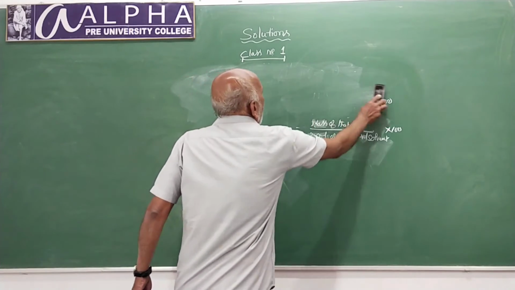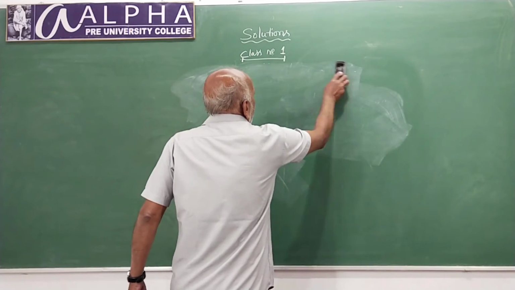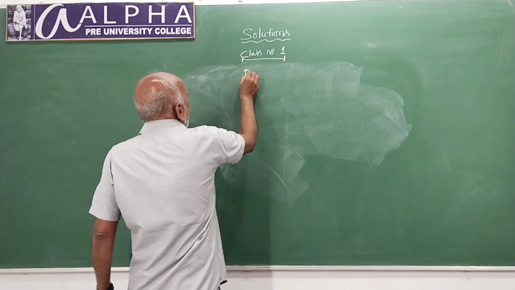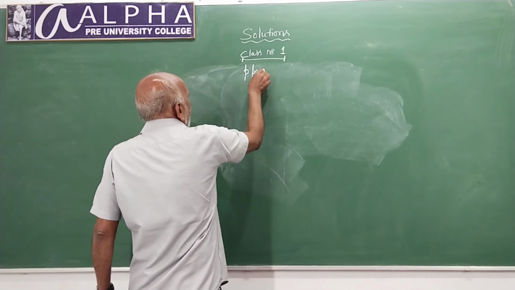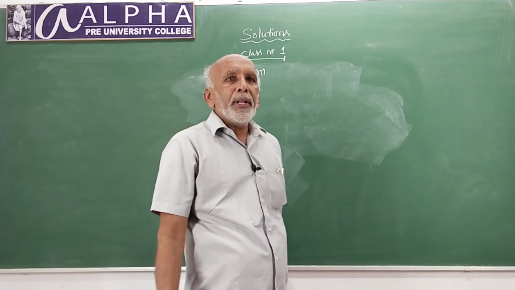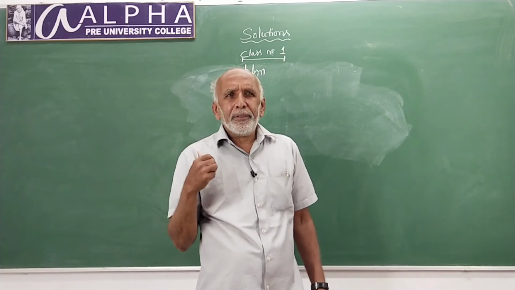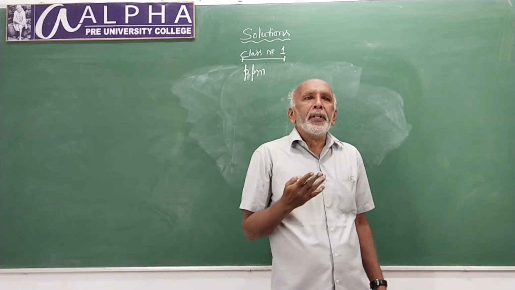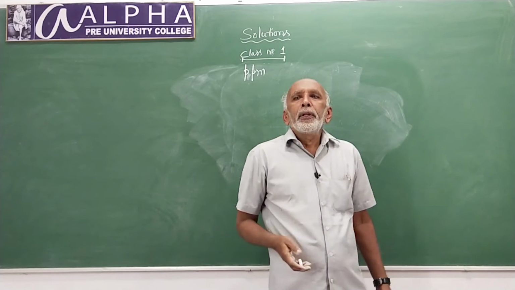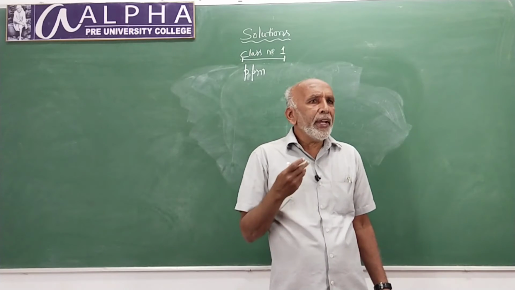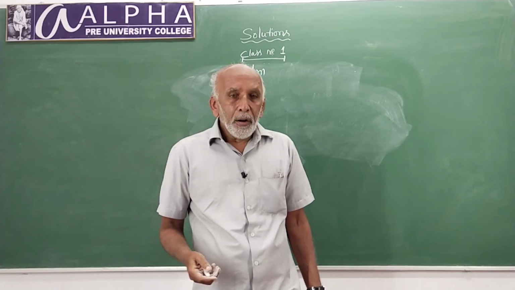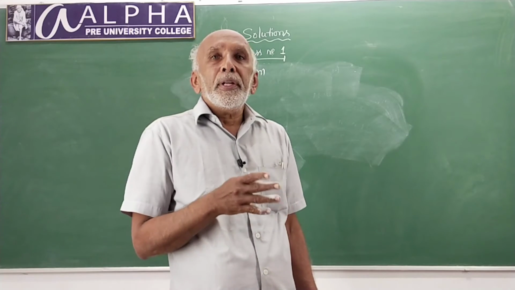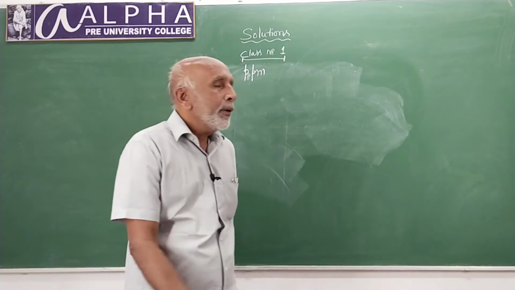Next one is parts per million, generally denoted by ppm. This way of expressing the concentration or strength is used to express the strength of solution in which the solute amount is very, very small. That is, oxygen dissolved in water is very small. That oxygen amount in given volume of water is expressed in terms of ppm.